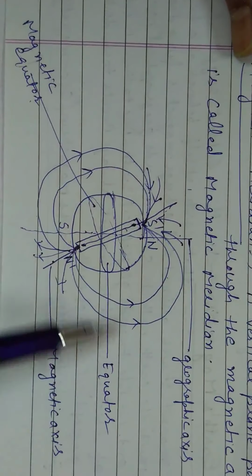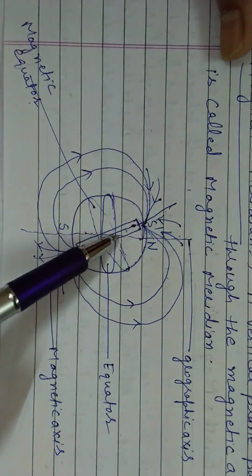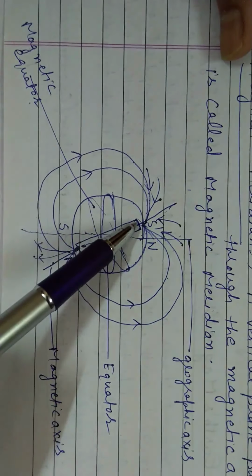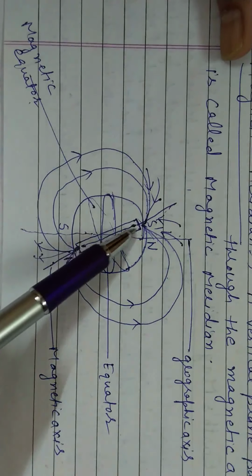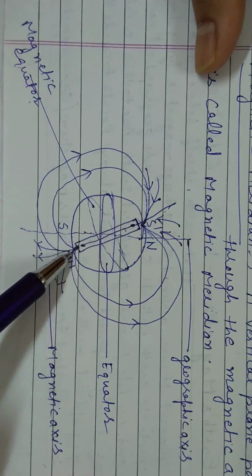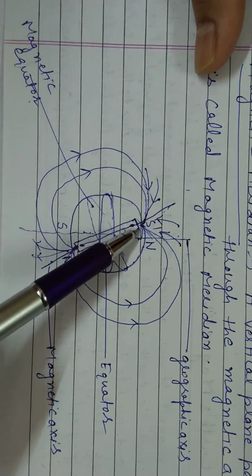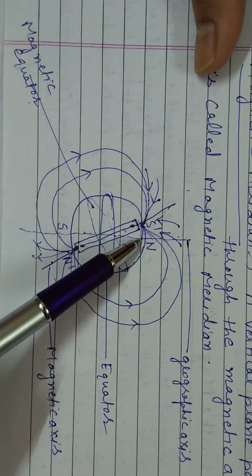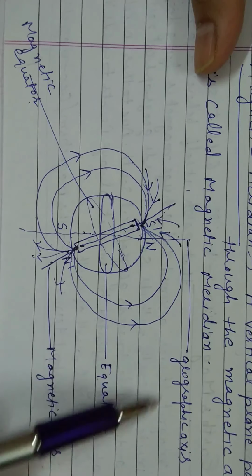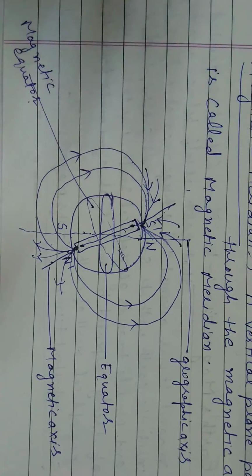These are the terms that we have to describe the earth magnetism. And for describing, we have this simple diagram, that is the earth, this is the geographic axis, and here we consider that it is assumed that a very large magnet is buried inside the earth, and they are not coinciding with each other. They are at some angle to each other. So these are the terms that we have to explain in earth magnetism.